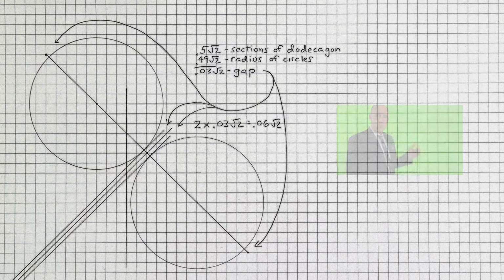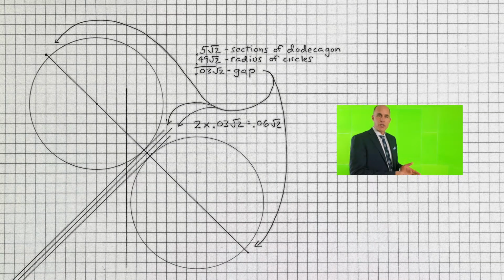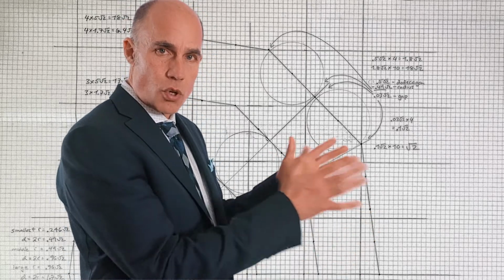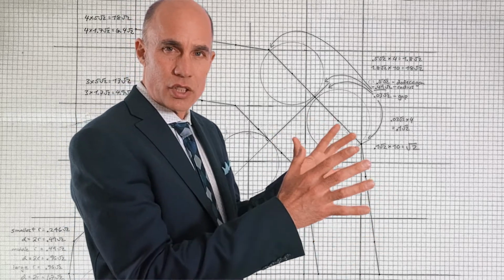So 0.5 minus 0.49 is 0.03, so that's the gap between the circumference of the circle and the end of the dodecagon line, as well as the distance from the circumference of the circle to the midpoint of the dodecagon line. And that's the same for the second circle as well. So the gap between the 2 circles is 0.06 root 2. So when we multiply 4 times 0.03 for the total amount of gap in that one section of dodecagon, we